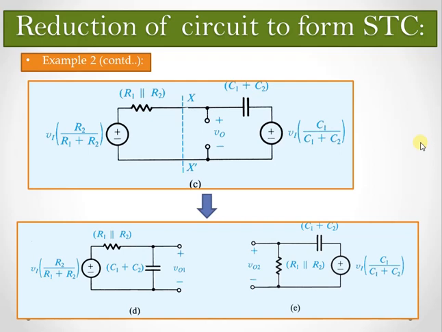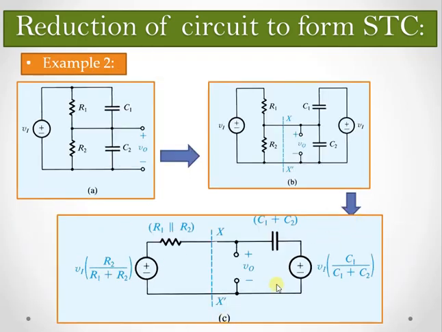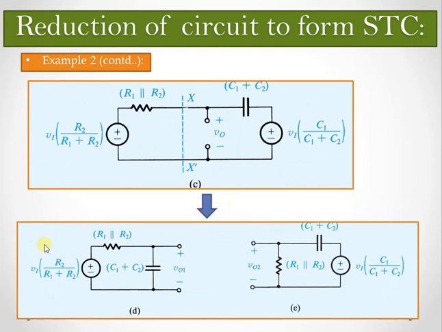You can see I have repeated the same circuit in figure C here, and now separately I am going to obtain the circuit, that is part D and part E. We have the first part of the circuit, on the left side, giving us a voltage VO1, and the right side of the circuit is going to give us a voltage VO2. Now these two voltages have to be used in order to obtain the total output voltage Vout. For that, we use the superposition theorem, wherein we find the sum of VO1 and VO2. So VO1 plus VO2 will give us the output voltage Vout.